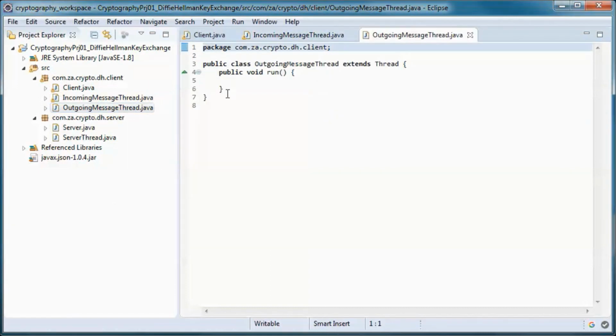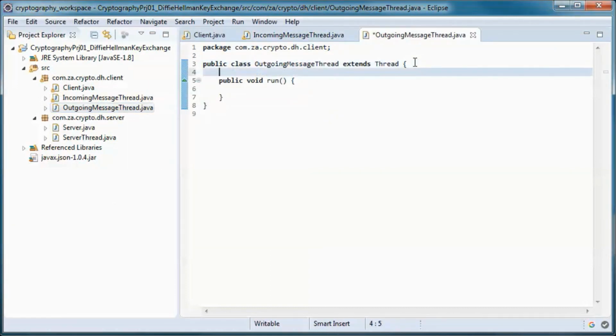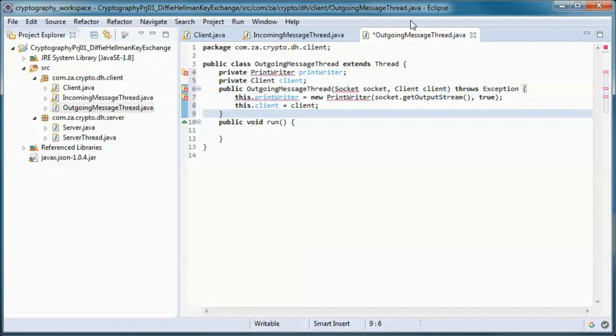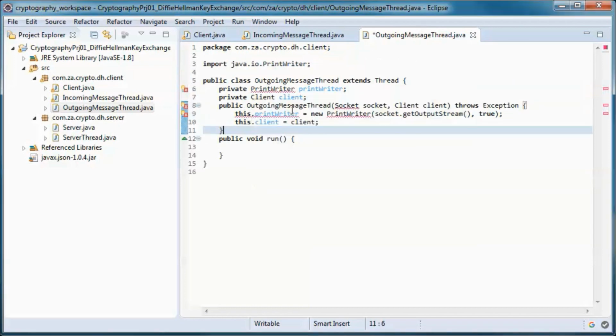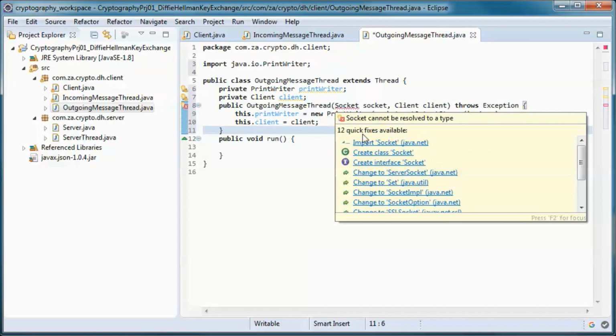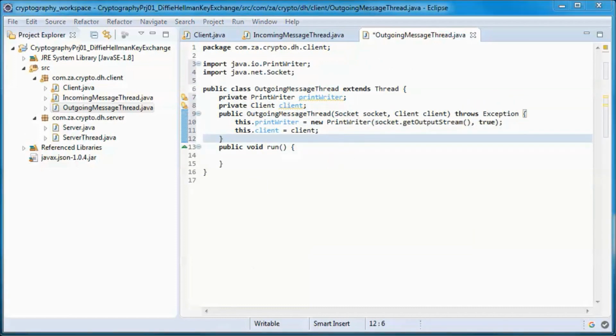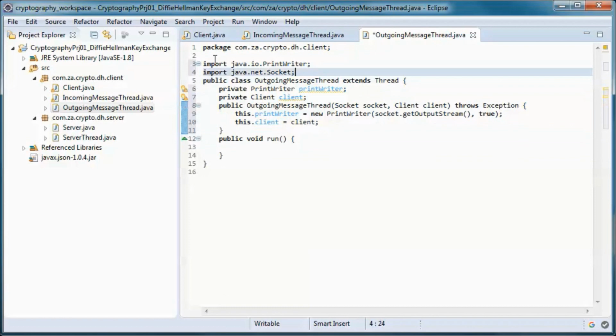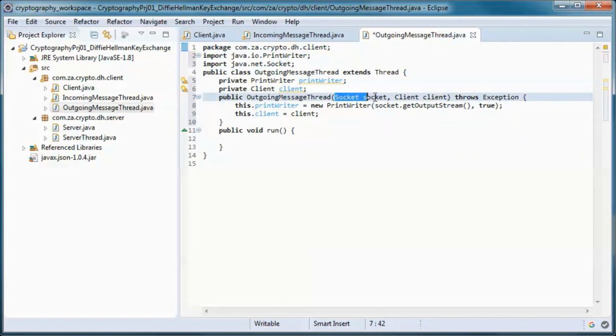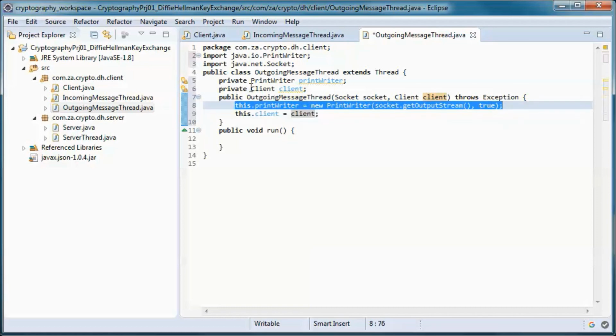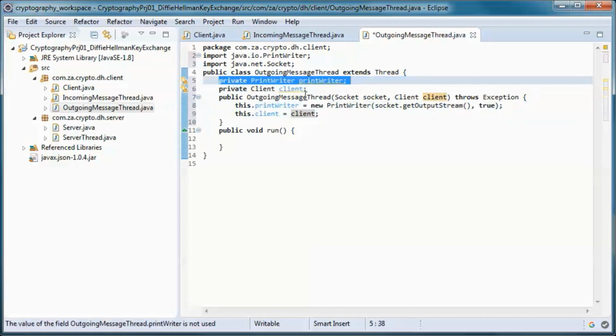And this is the class that the client uses to handle outgoing messages. So the constructor takes in a socket and a client instance, and uses the socket to pick up an output stream, and then uses that to pick up a print writer, which would be an instance variable.